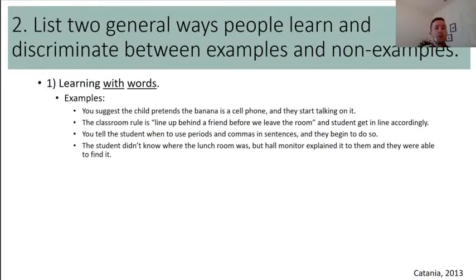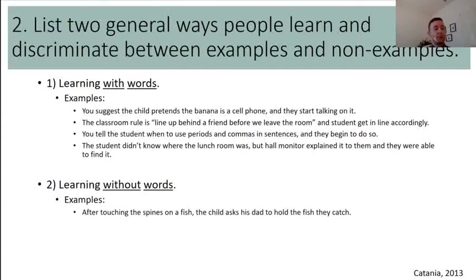Or the student didn't know where the lunchroom was, but the hall monitor explained it to them, and they were able to find it. You can also learn without words, and some examples are after, let's say, a son and his dad go fishing,